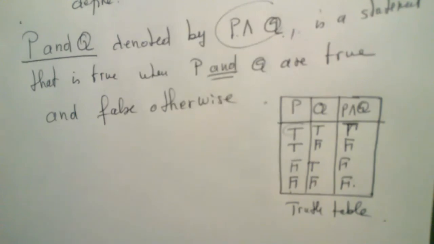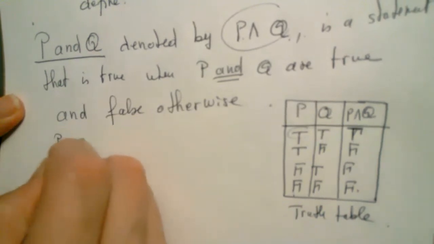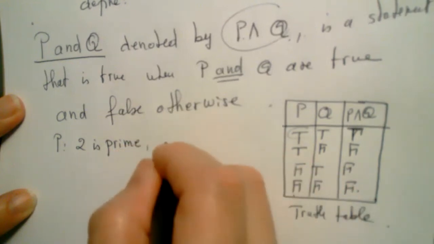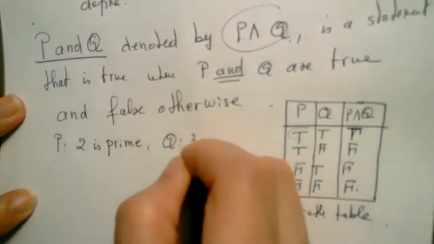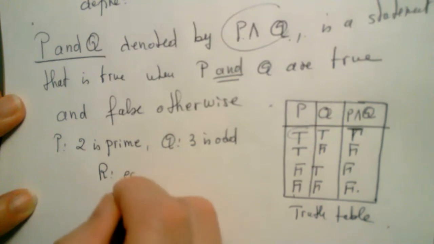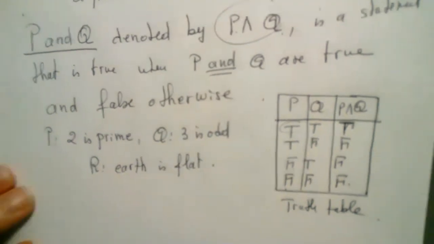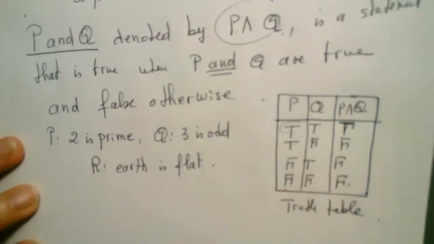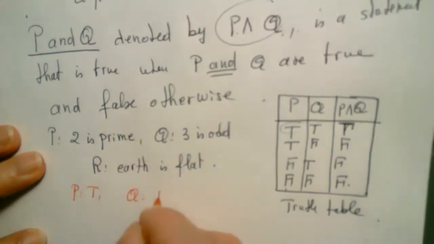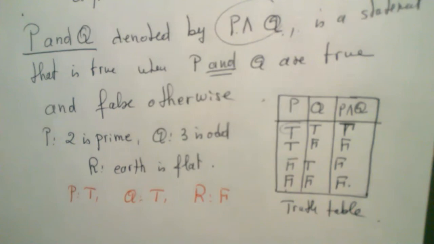That's the idea of a truth value. So we take the simple example, and I give you the example. So suppose I take P to be 2 is prime, and I take, let us say, Q: 3 is odd, so I'm changing a little bit, and I take R, something nonsensical, like Earth is flat. Okay? Now, each one of them is a statement because it has a truth value. P is true, Q is true,